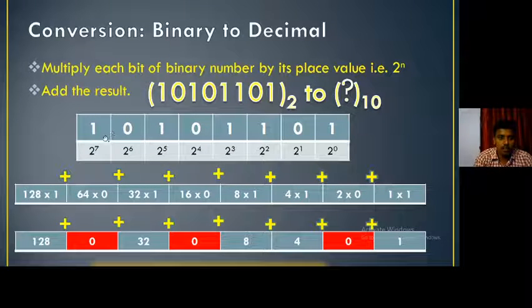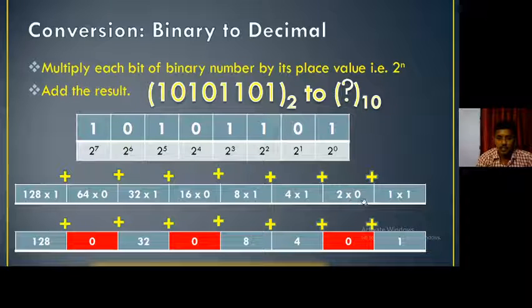So now writing that binary number, 10101101, with the positional values increasing from the right side: 2 power 0, 2 power 1, 2 square, 2 cube, 2 power 4, 2 power 5, 2 power 6, 2 power 7 until the last digit. Now multiply each binary digit with its positional value, that is, 1 into 2 power 0, then 0 into 2 power 1 plus 1 into 2 square plus 1 into 2 cube plus 0 into 2 power 4 plus 1 into 2 power 5 plus 0 into 2 power 6 plus 1 into 2 power 7. This we have seen. OK, clear?